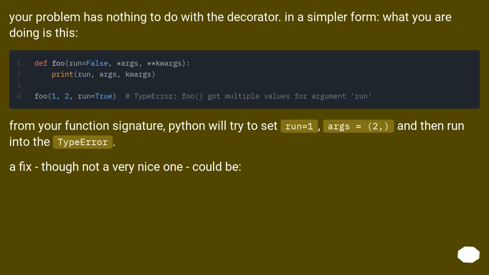Your problem has nothing to do with the decorator. In a simpler form, what you are doing is this. From your function signature, Python will try to set run equals 1, args equals 2, and then run into the type error. A fix, though not a very nice one, could be